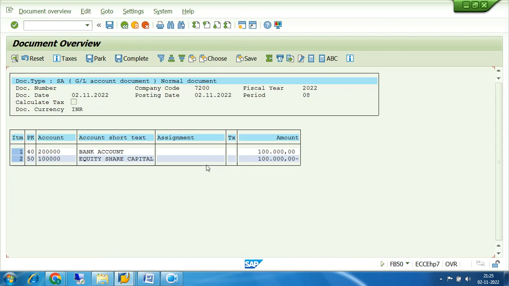Once you click on simulate, whatever data is there in the entry screen will be shown here. There are two parts: one is the header area, another is the transaction area. At the time of posting also, the header area was there, and the line item, the transaction area, was also there. So in the header area, whatever information you have populated, like document date, posting date, company code, fiscal year, period is